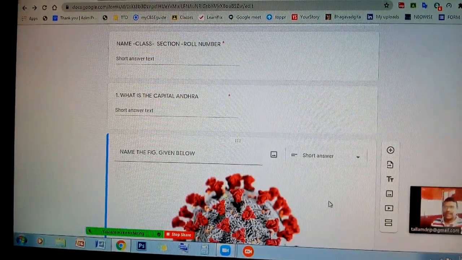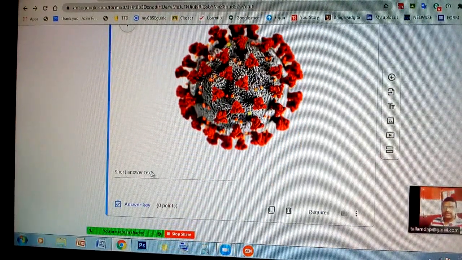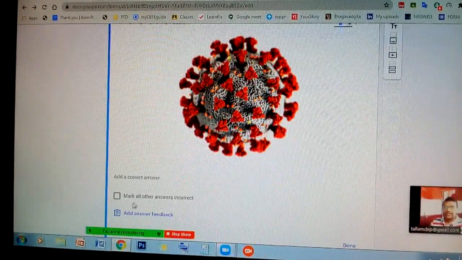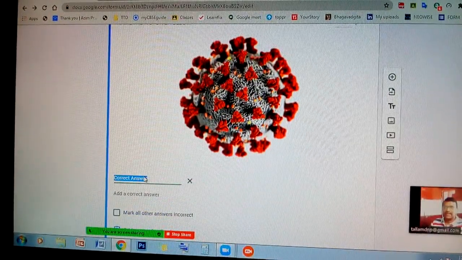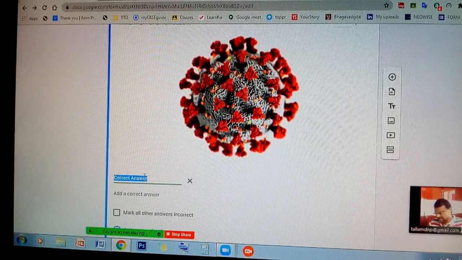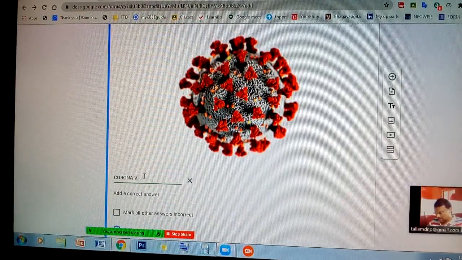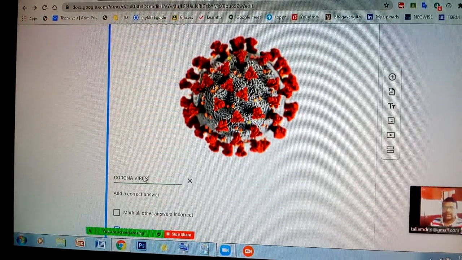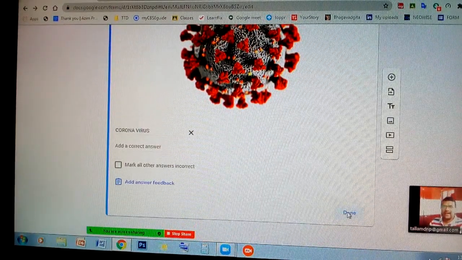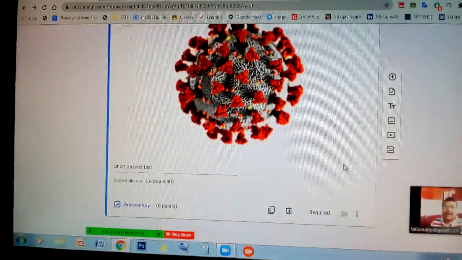That image will be loaded here, and then move to the answer key. You need to write the correct answer. What is the correct answer? Coronavirus. After feeding that answer, select done. Here we forgot to add the marks.